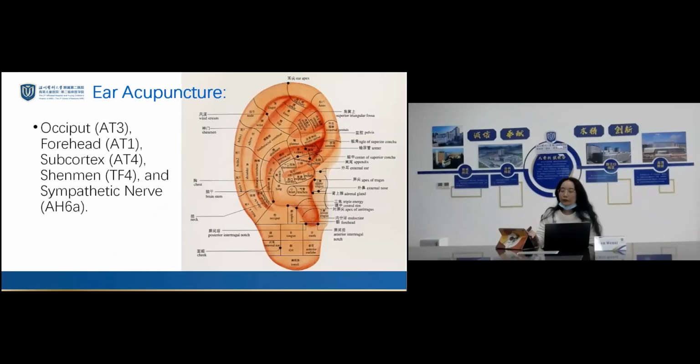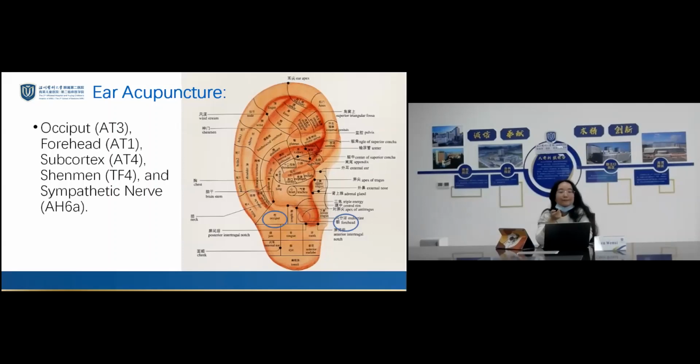Also, use the headache as an example. If you have occipital headache, you can choose the occiput 83 area. And if it's a forehead headache, you can choose the 81. And also you can choose the subcortex 84, Shenmen TF4 to calm down the mind. And also choose the sympathetic nerve AH6A. That's a brief look at the different areas of the ear needle. And for the ear needle,